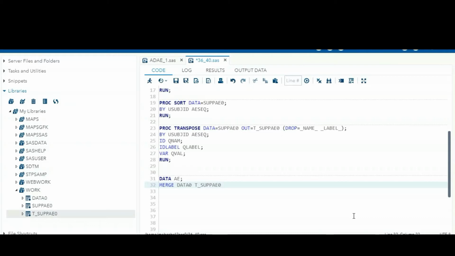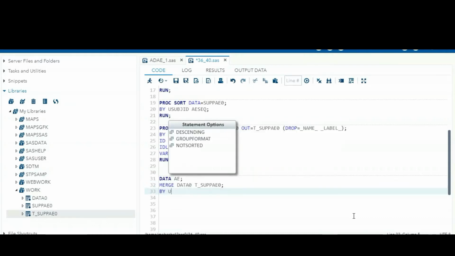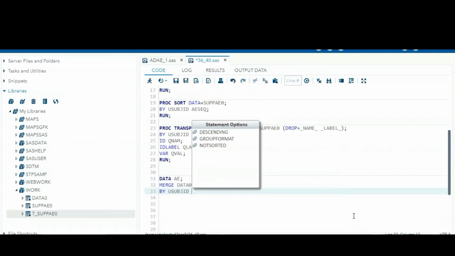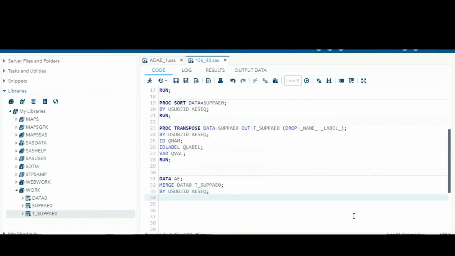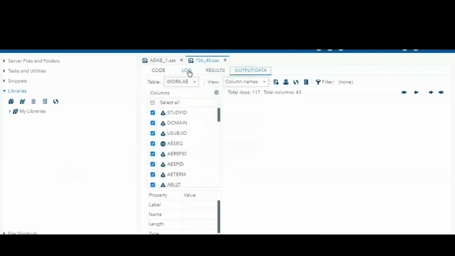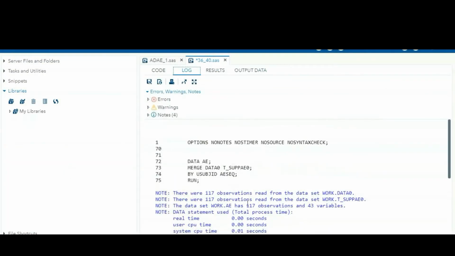Both the data sets have these common by variables. And run this. See now, we'll get all the variables into one data set.